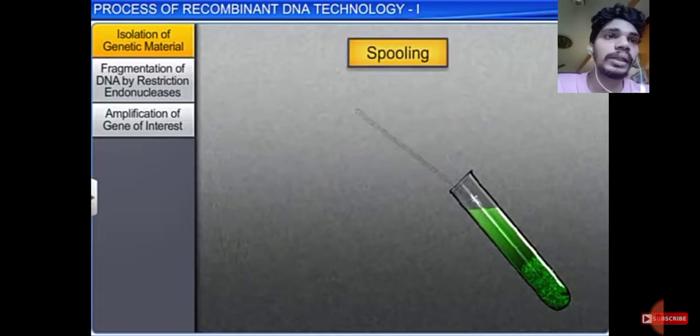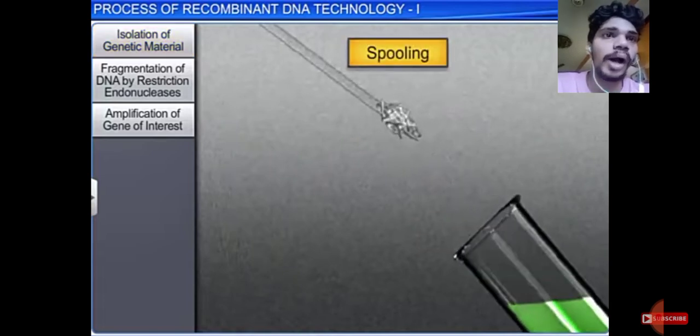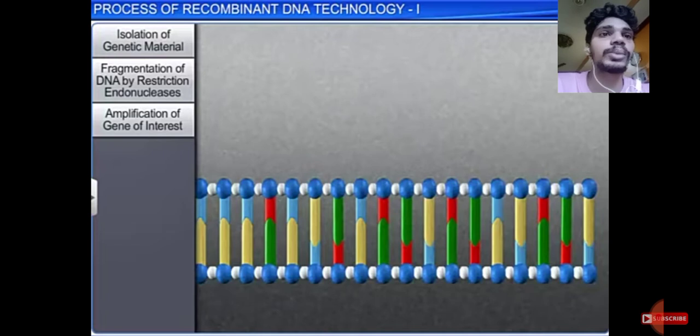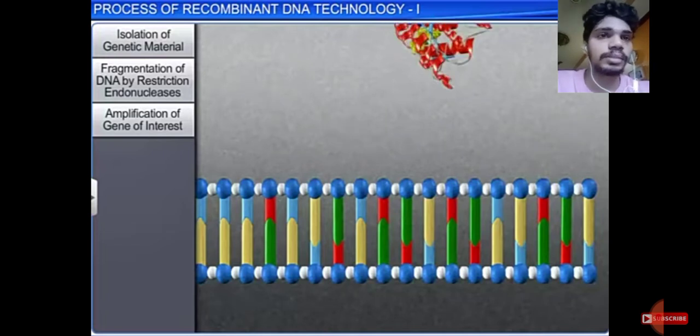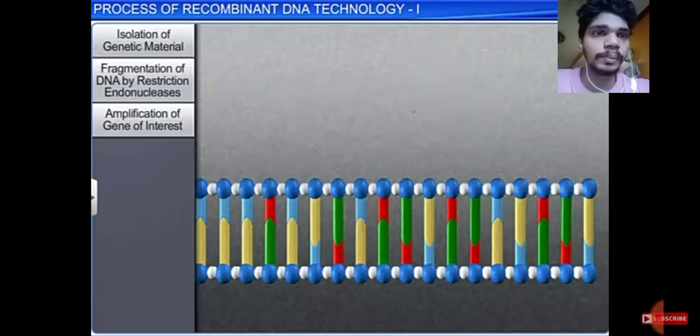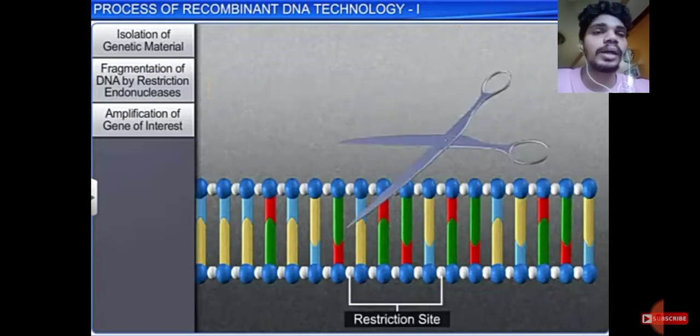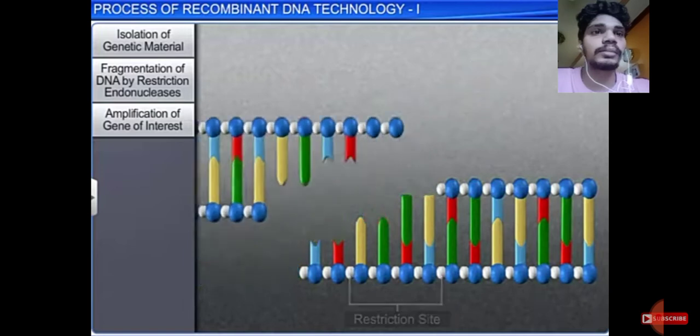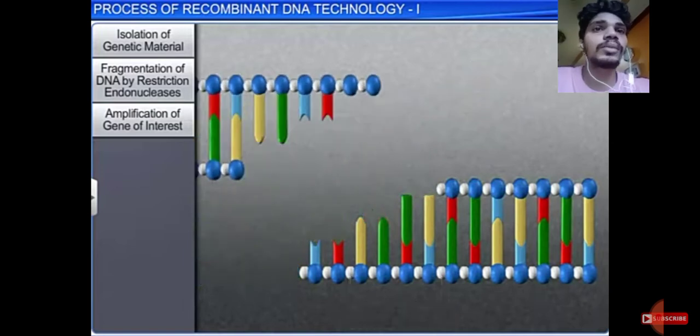Now we are taking only the fragments which are required, and then we add them to our desired gene. See, restriction endonuclease again comes into the picture. It starts acting like a scissor. The restriction site is there, and it cuts that open. Now the fragments are sticky because there is no attachment. So in this case, what is going to happen?